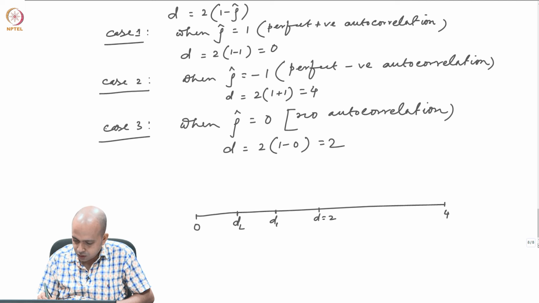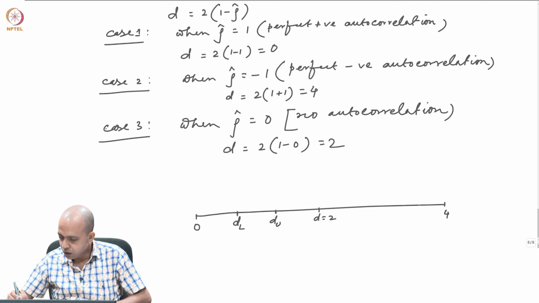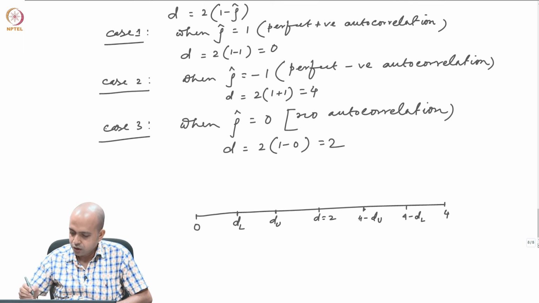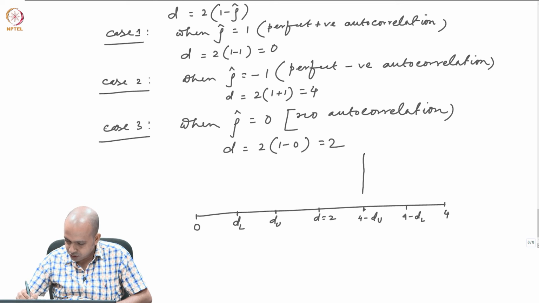This is DU. Then let us say this is 4 minus DL, and this is 4 minus DU. Okay. So, when you are having the values like this,